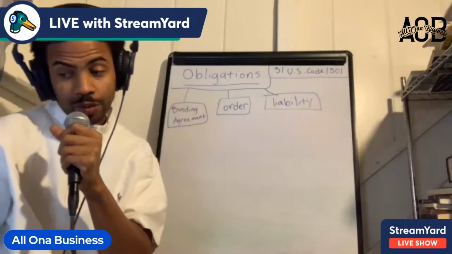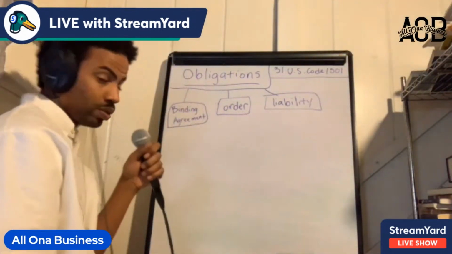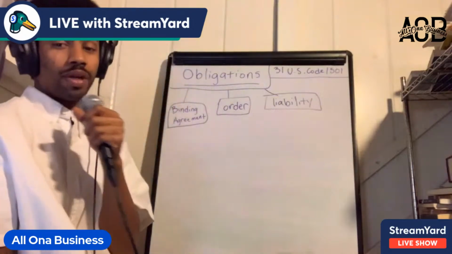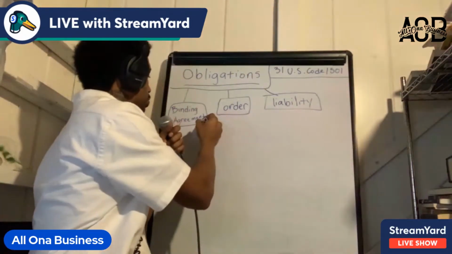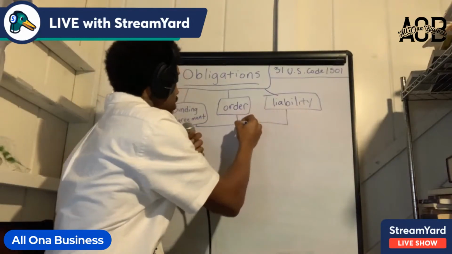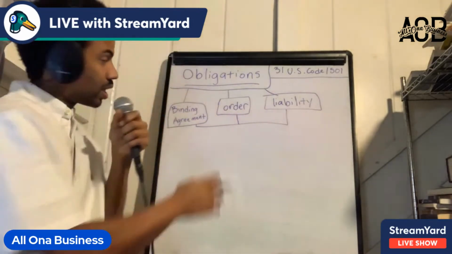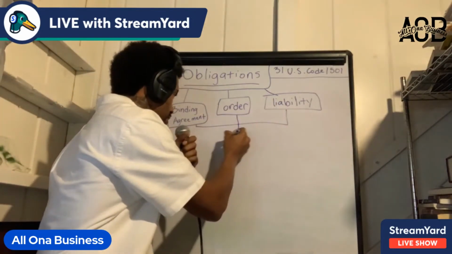So let's put that into perspective. A binding agreement, an order, a liability. All these are what? Obligations. All these are obligations, so they are all the same thing. They all meet in the middle. Let's connect all these, and let's drop this down. Now, what does this mean? Well,